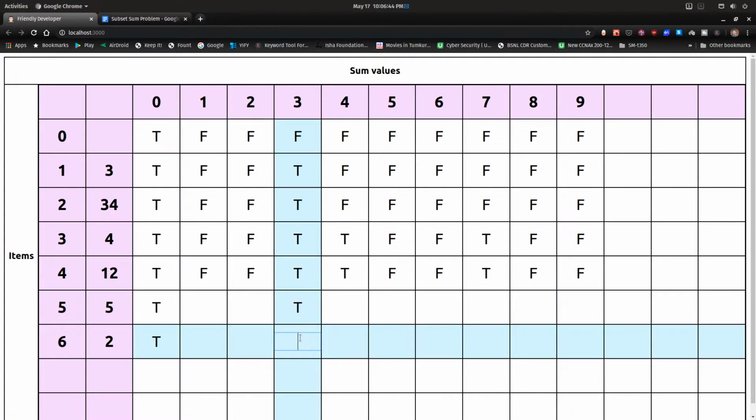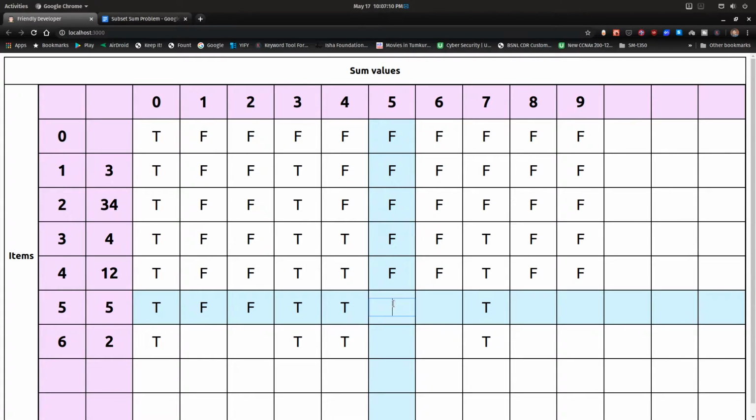So we can safely assume that all the cells below a cell that has true will always be true. Okay, so I have safely written true here. Now considering these elements, either by including or excluding, we cannot do. We cannot include because 5 is greater than 1 and 2.